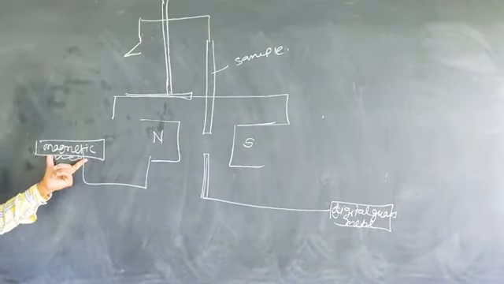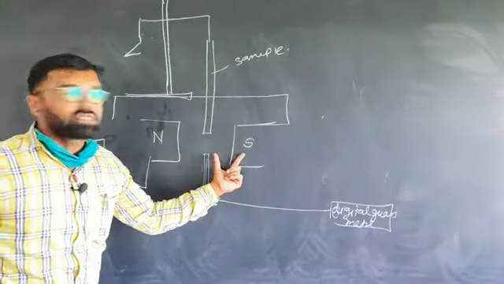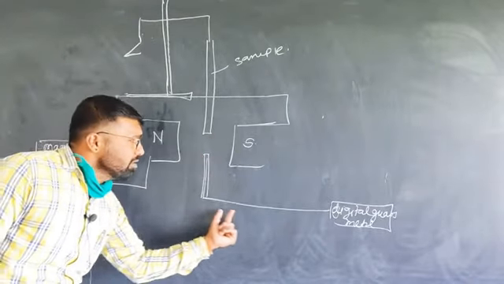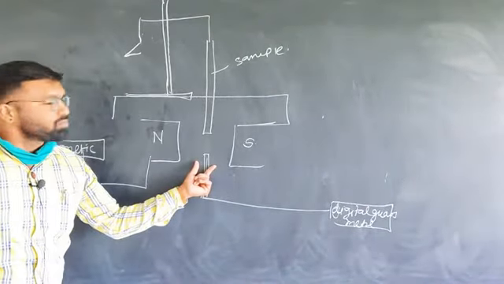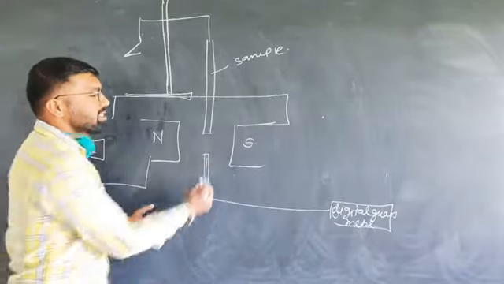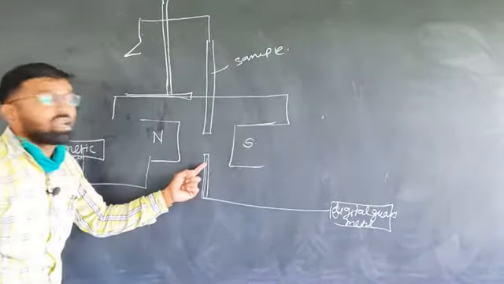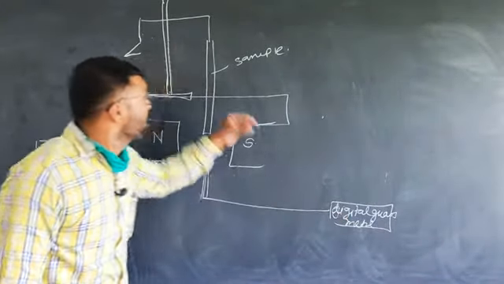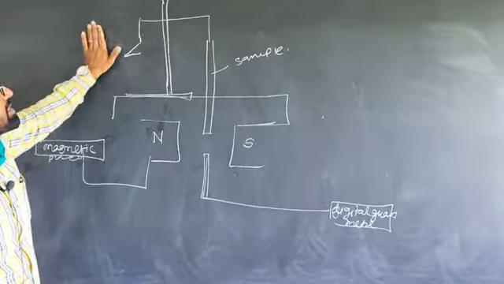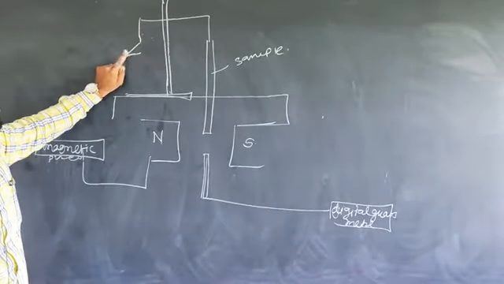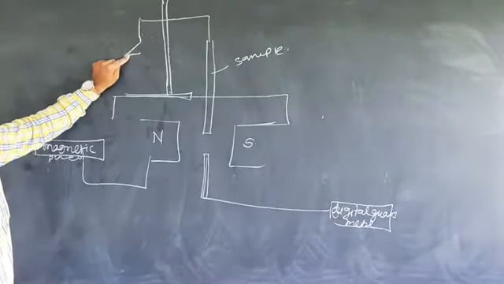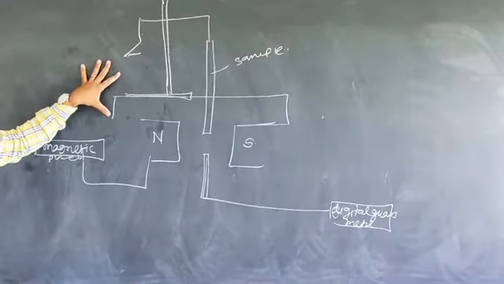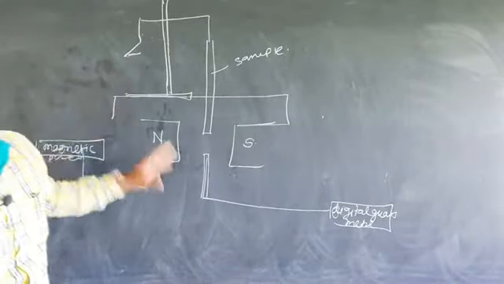By using this magnetic power supply, we can generate the magnetic field between these two poles of the magnet. Then this digital Gauss meter probe is inserted between these two poles so that it can measure the strength of the magnetic field, and this is given by the digital Gauss meter. Then this is the analytical balance. This analytical balance has two sides, one for the sample side and the other the weight side. This is the simple instrumentation diagram for the Gouy method.